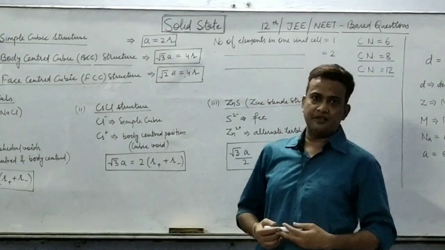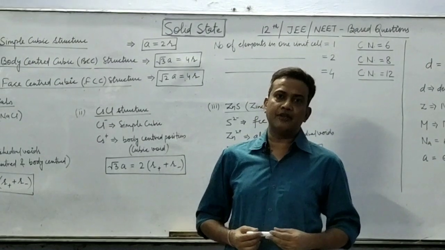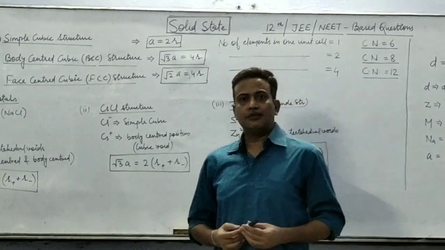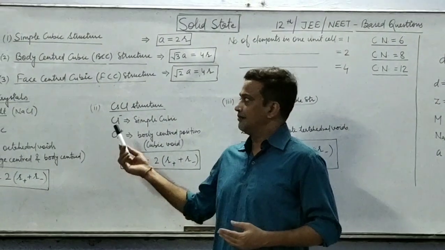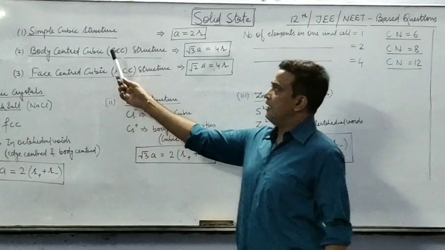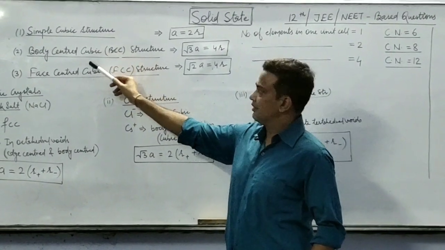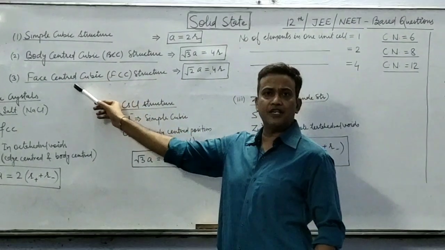Hello students, today we will learn how to solve questions related with solid state. First of all, you must know the formulas related with this chapter. Here they are. Three main types of cubic structures are simple cubic, body centered cubic or BCC, face centered cubic